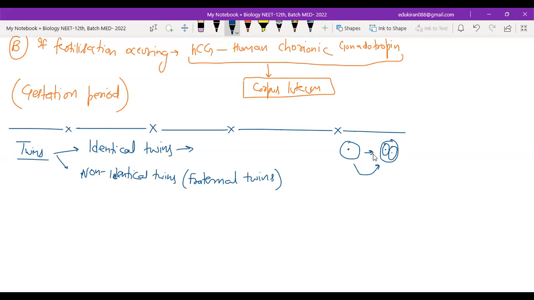But very early, if from the 1 to 2 cell stage, there are two cells formed and somehow these two cells do not stick together, so one cell